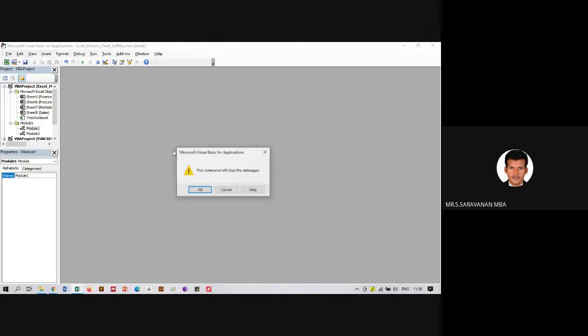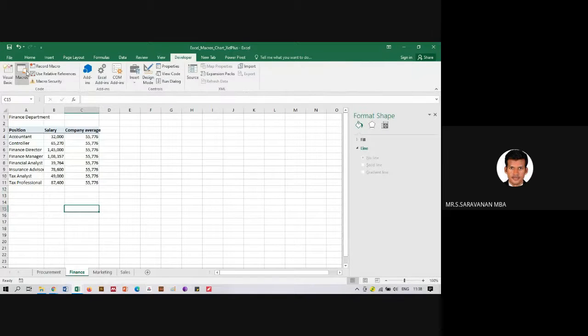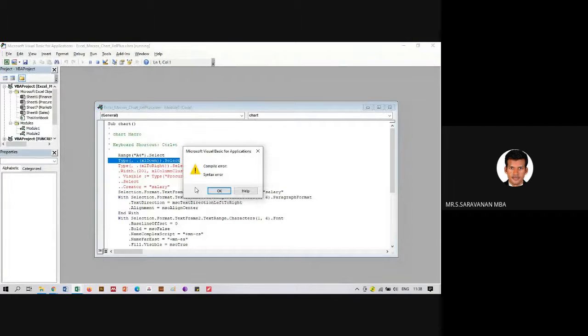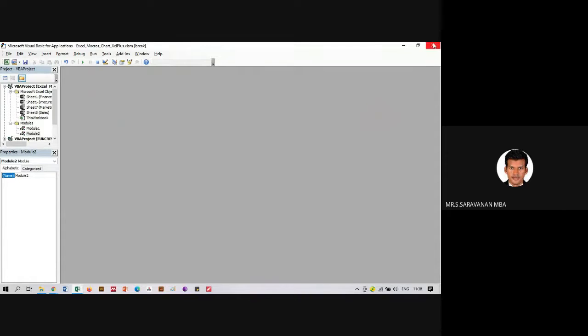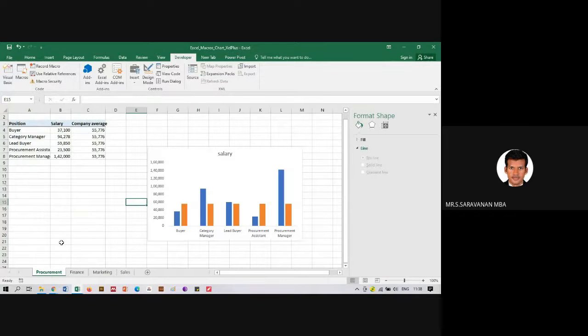I don't know what happened to my macros. Developer, Macro. So macros will be very useful only for repeated functions.